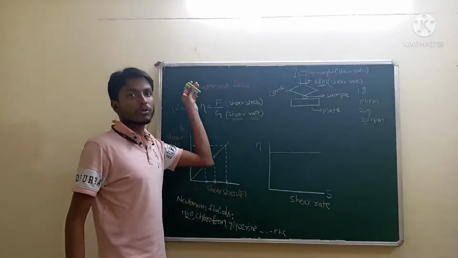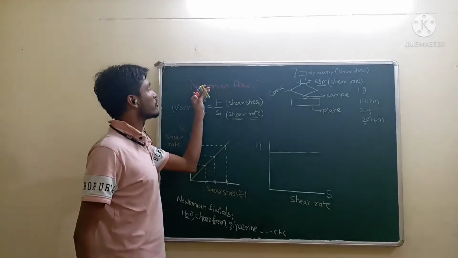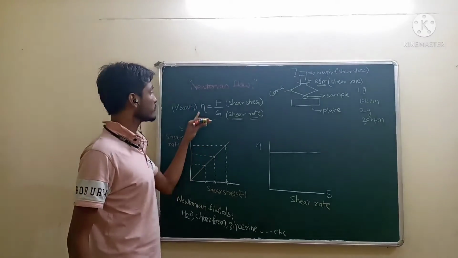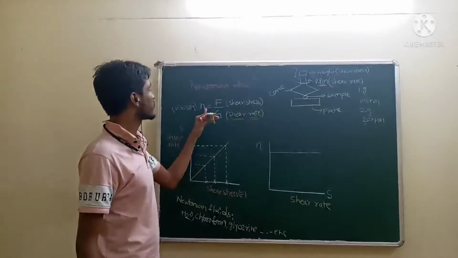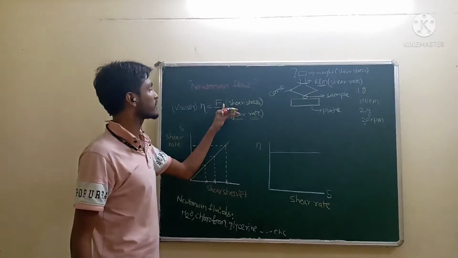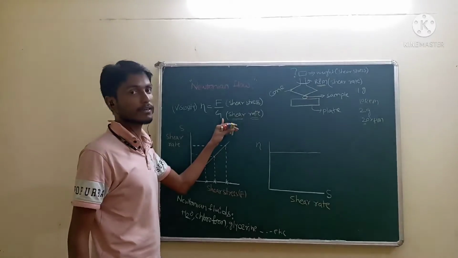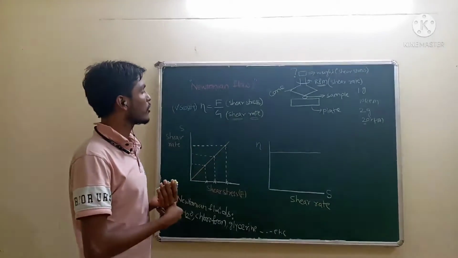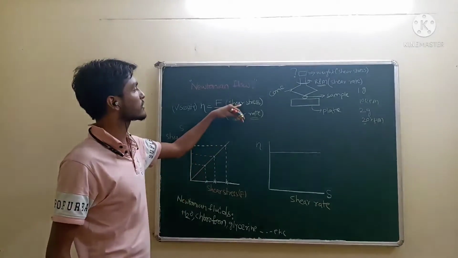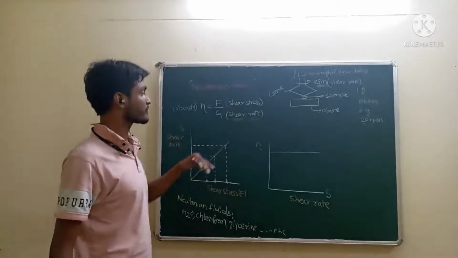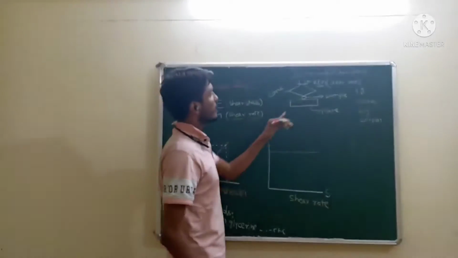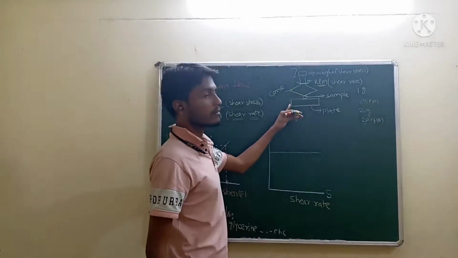Now the topic is Newtonian flow. Newton derived one formula: viscosity is equal to shear stress divided by shear rate. See, how can we quantify the shear stress? Nothing but force. Shear rate. See, in case of